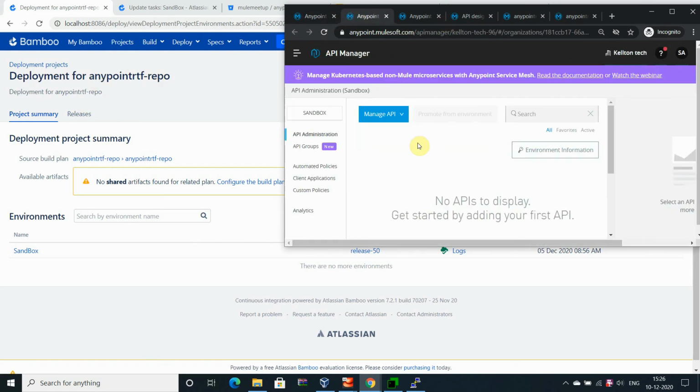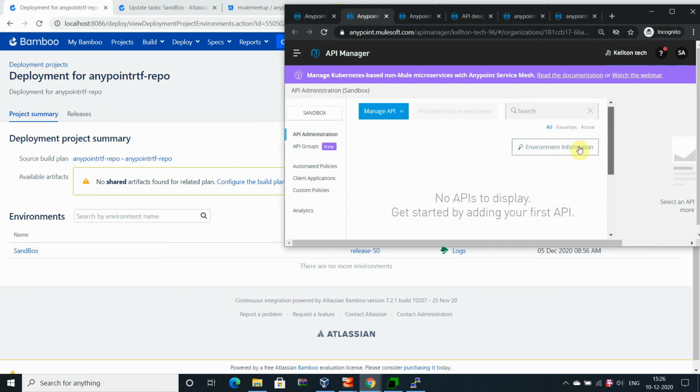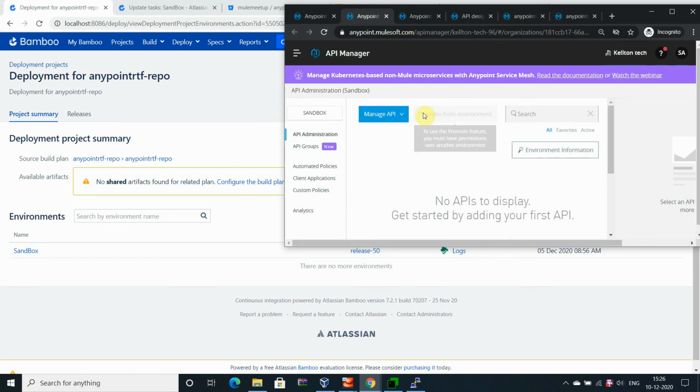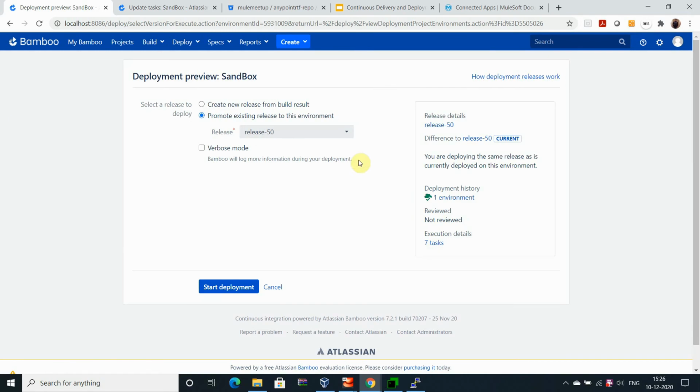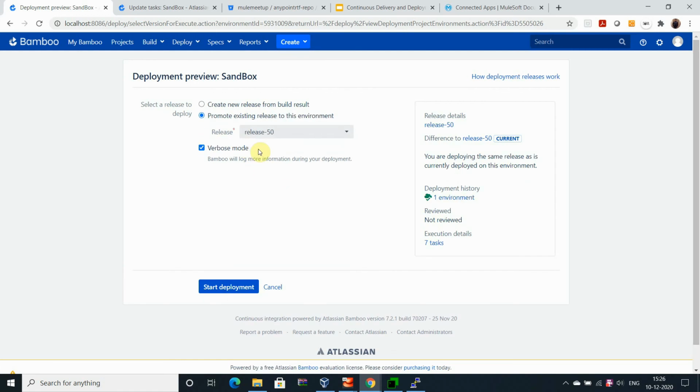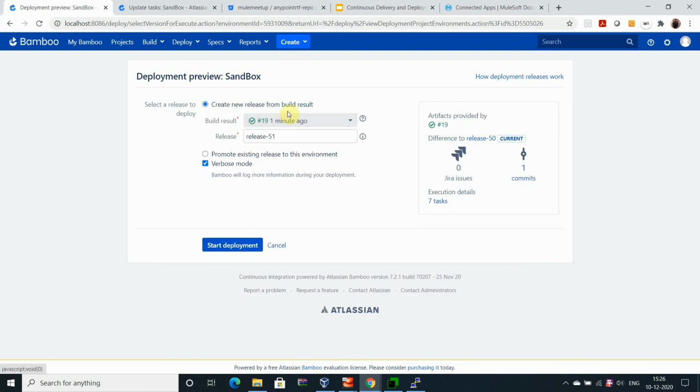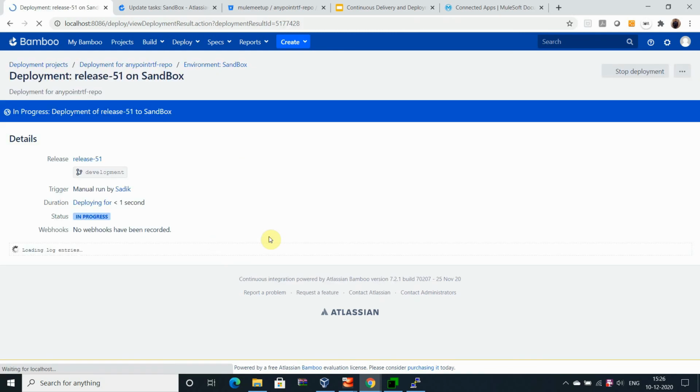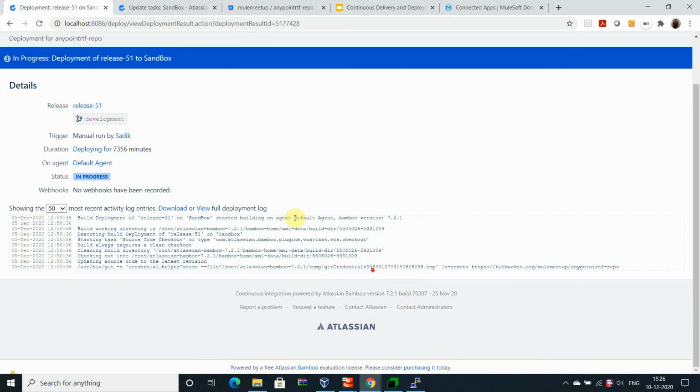So what will happen here is it will create an instance of the API and register it with the help of the API instance ID. Let me run the application now. I'm releasing version 19. You can see that this is the previous version, so the new version I am releasing is 19. Let me run the application. You can see that this is being executed now.